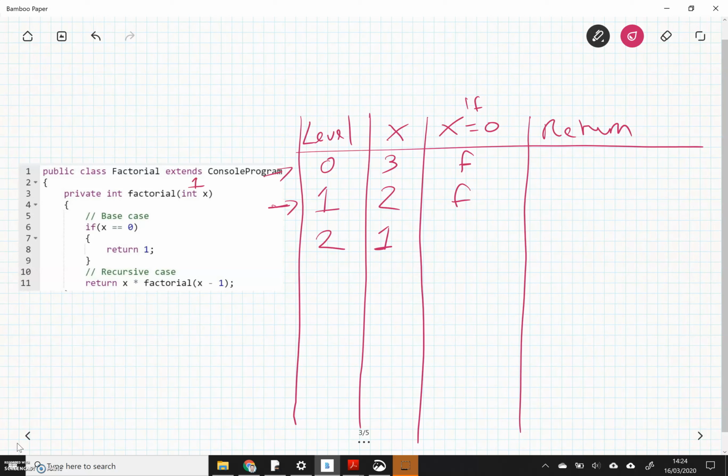So 1 comes in here. Is 1 equal to 0? It's not. So we know now it's 1 multiplied by x minus 1. Well, 1 minus 1 is going to give me 0, and that's going to be my third level with 0 coming in, so it should be false there. Okay, so now we come round again,